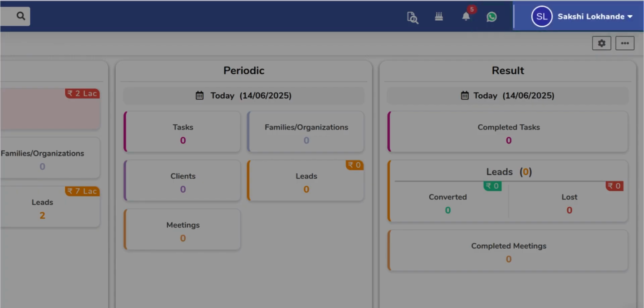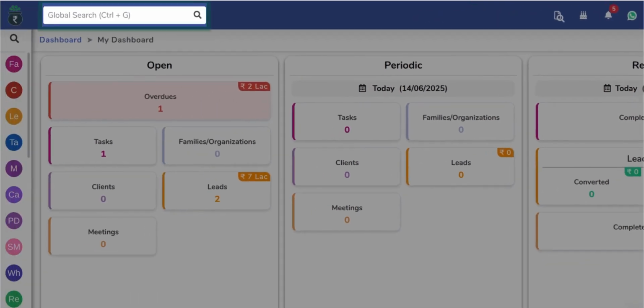User menu. Click your name drop-down to access profile where you can update your details like name, email, mobile number, etc. or log out to safely exit the CRM. Now let's talk about navigation essentials. Found on the top left, the global search bar helps you find any lead or client by their name, phone number or email, no matter where you are in the CRM.